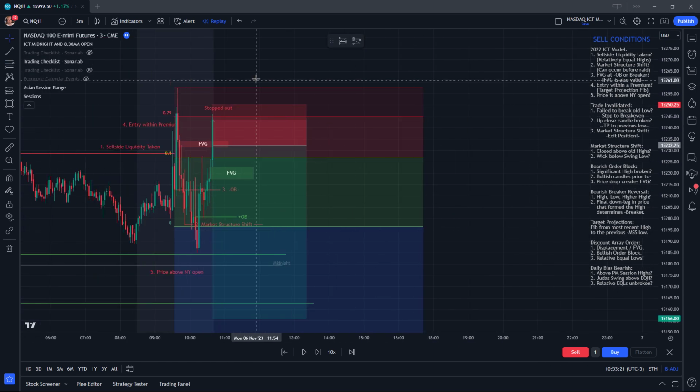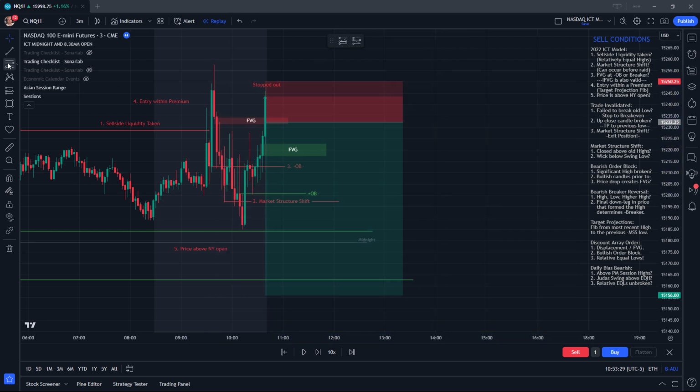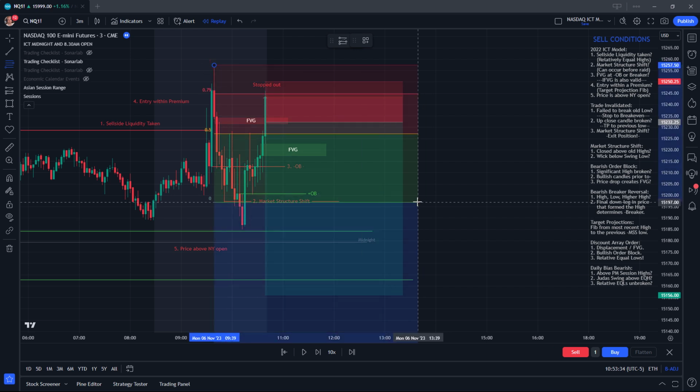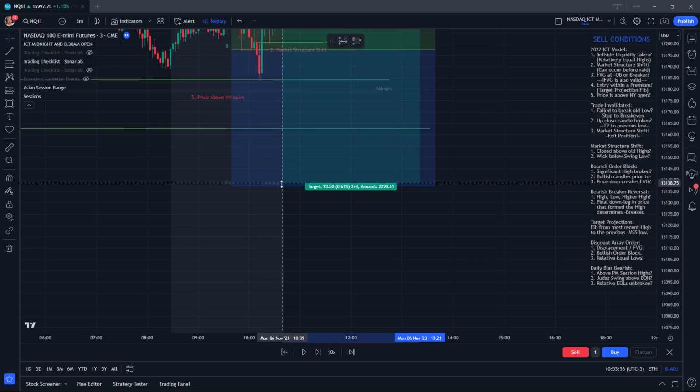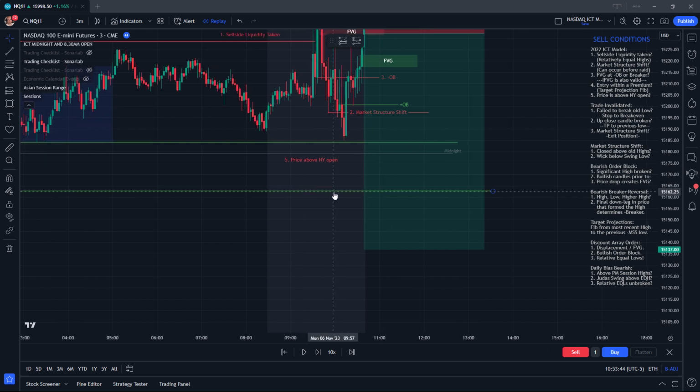Was that where we had our target? Let's just do this again. I forgot where our target was. It was from the high to the low that created the market structure shift, which is there. Okay. So this is actually the lowest we'd really be expecting price to go, but we can anticipate that price likes to break through levels to take liquidity, which is why we would expect price to potentially come past